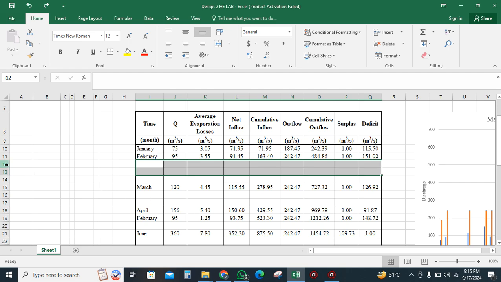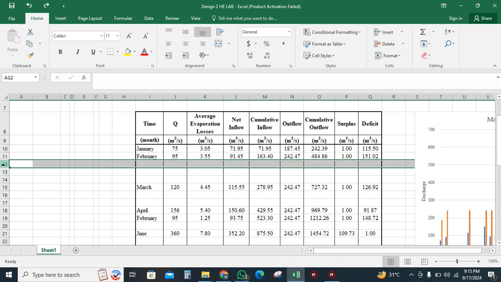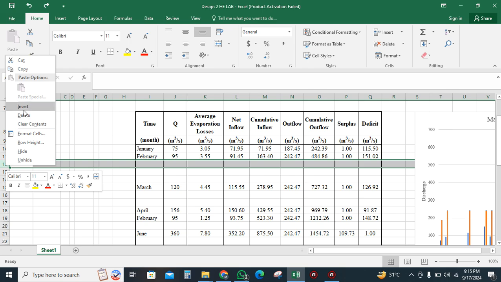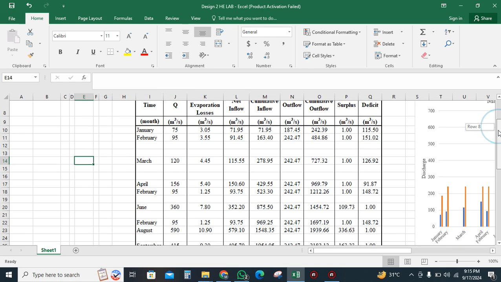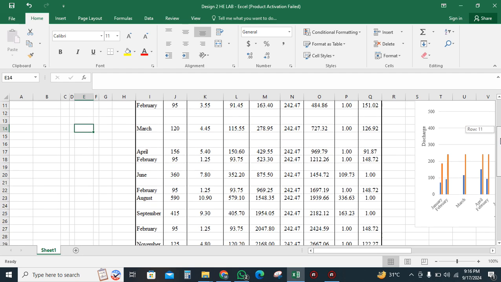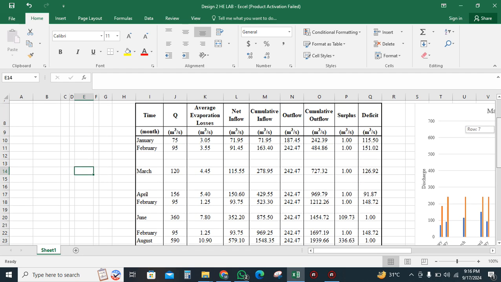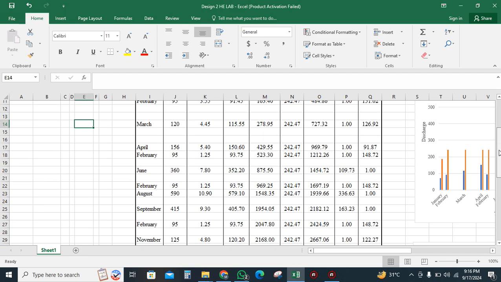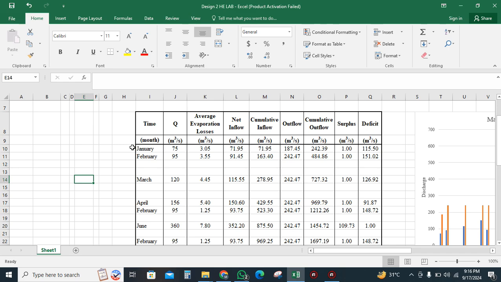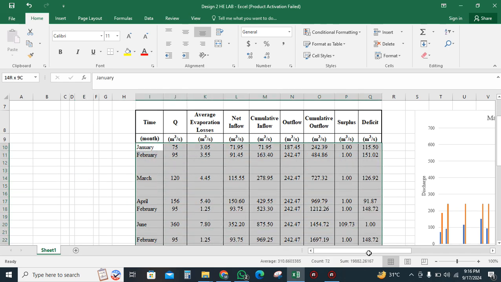So if I want to delete these rows, I have to delete them manually by clicking delete. So if you have a large data, you cannot do this in a short interval of time. So here is a trick. If I want to remove these rows, I have to select first of all the whole data where these rows are